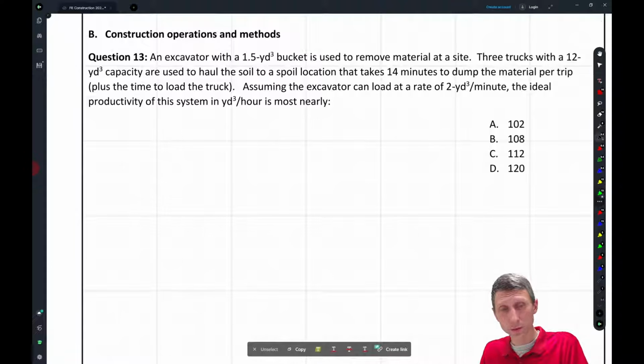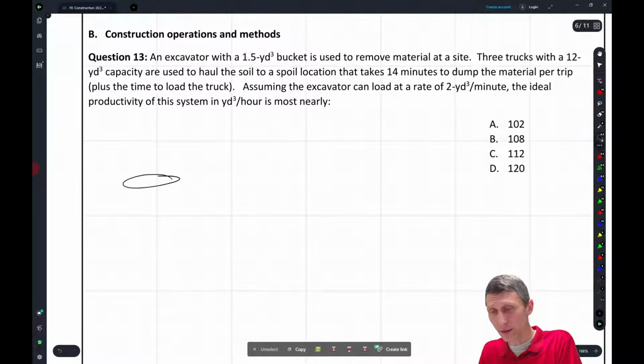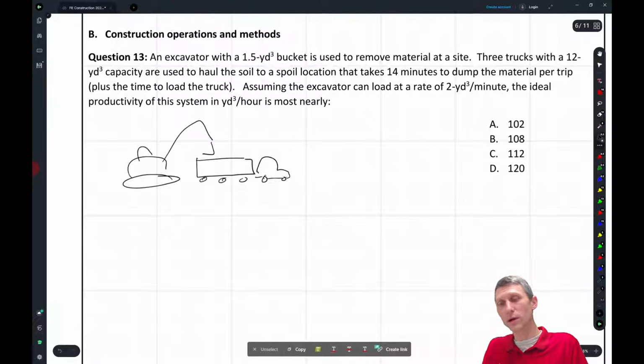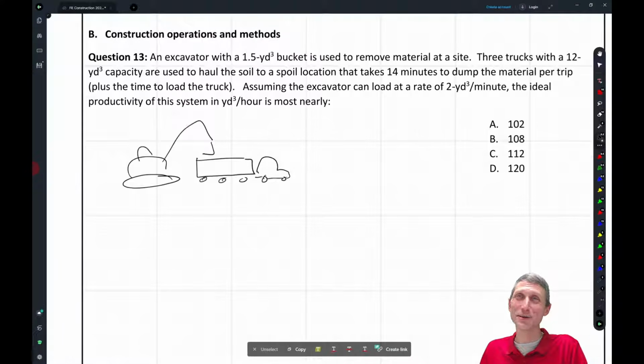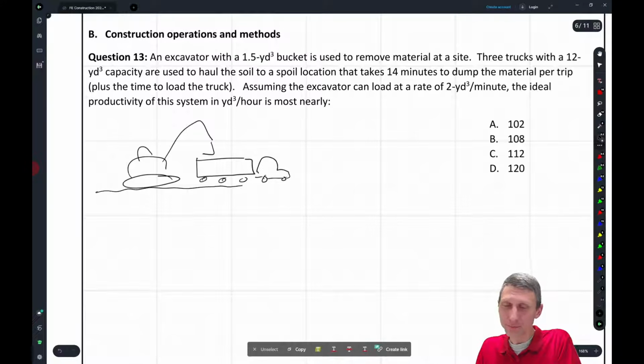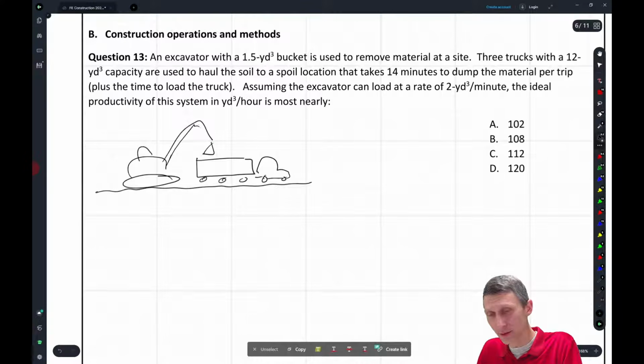Okay, so what do we have? We have an excavator, and it's got a big old bucket here, and it's going to dump into a dump truck. This is a dump truck with probably too many wheels, but that's okay. If you look at a picture, we're going to take a whole bunch of soil out and dump it into these trucks. Okay, so the question is,